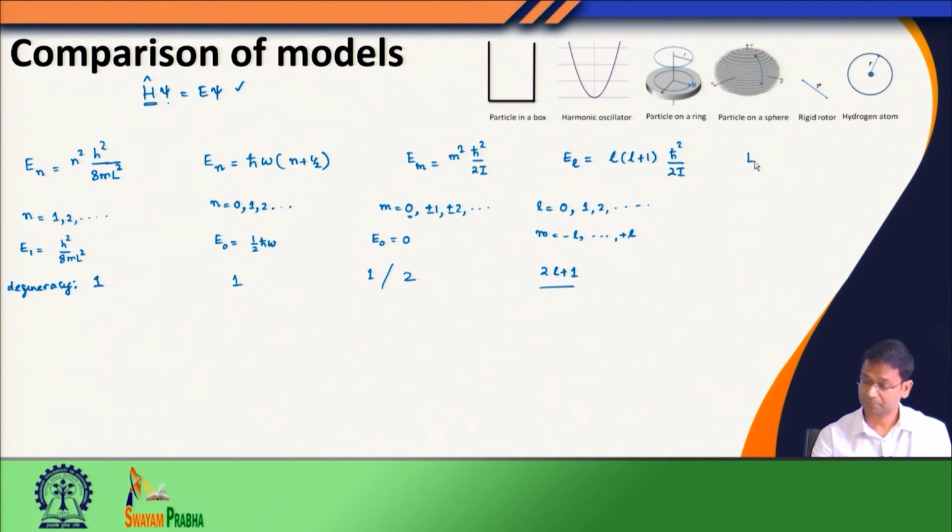Then we come to the final problem, the hydrogen atom problem. So, the hydrogen atom's solution turned out to be the energy, where mu is the reduced mass of the system, which is equivalent to the mass of the electron. a is the Bohr radius, which is a constant. So, you have this constant whose value turns out to be 13.6 electron volt, multiplied by Z square. Z is the nuclear charge, which is 1 in case of hydrogen, and divided by n square, where this n